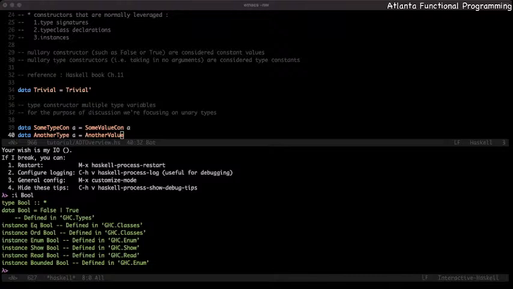But we've talked about this notion of parametric types and this important requirement that if you have a parametric type, you need to pass in a type variable in order for it to be realized and have a concrete type. In the case of list, you need to pass in something for it to recognize that it needs to represent a list of characters or a list of integers or whatever concrete type you were passing in. All right,